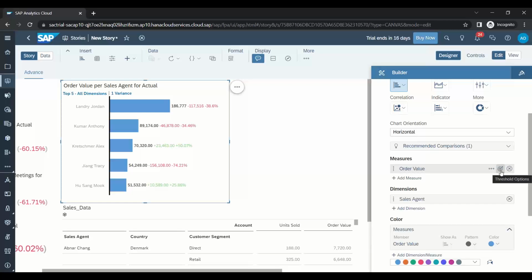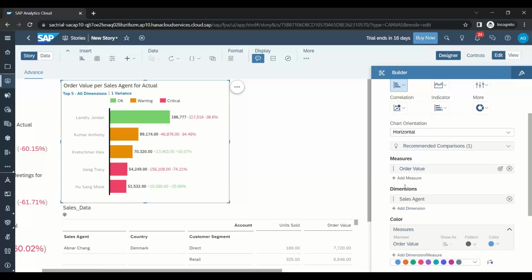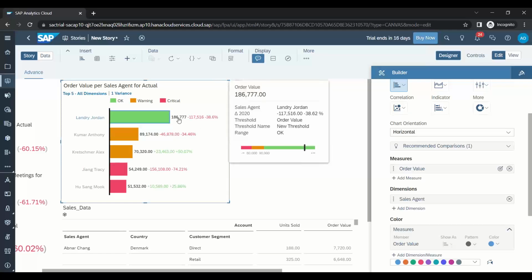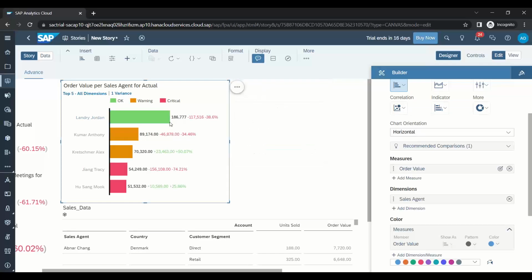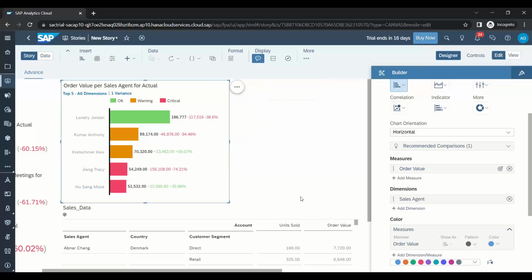I click on that and I say show threshold story defined. Voila, there you go. Look at that. Landry Jordan, who is giving sales of more than 90,000, is coming in green. Someone between 60 to 90 is coming in orange, and someone who is below 60 is coming in red. Wow,